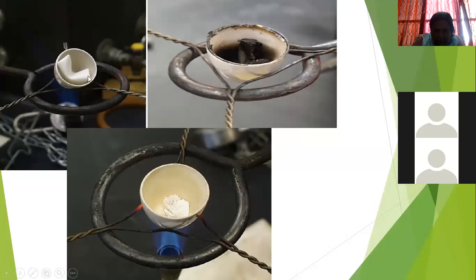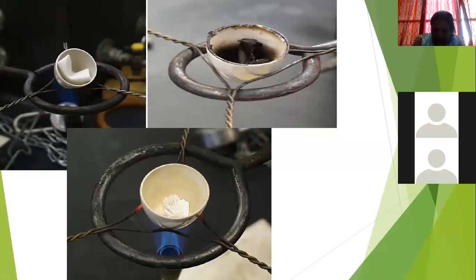The same thing. So you have the filter paper, it is burning, you are heating it, everything has vanished, no carbon is present, and when you get this structure, what is left here is the barium sulfate precipitate. So that is the procedure of this gravimetric analysis. Once you get this condition, it takes a lot of time.